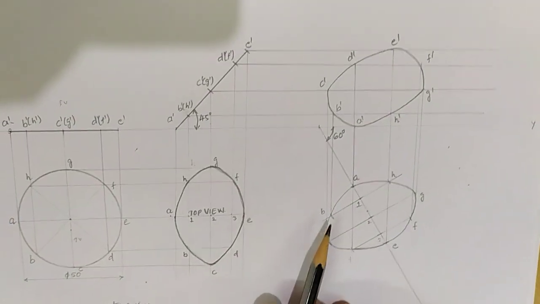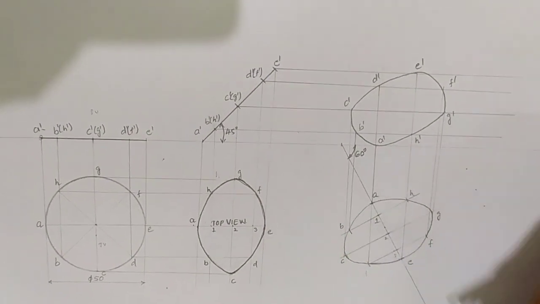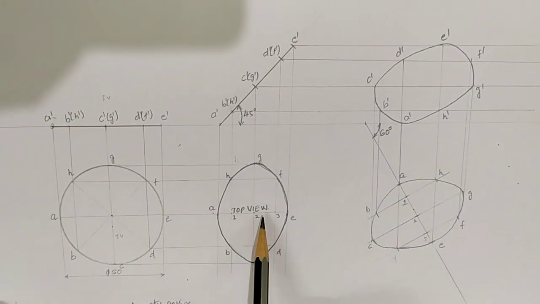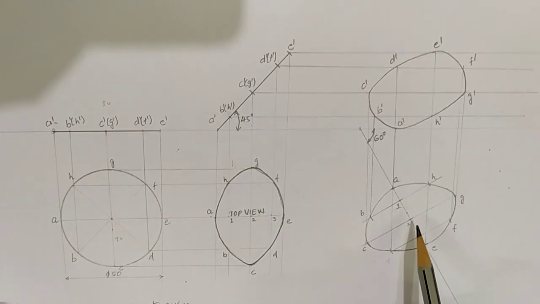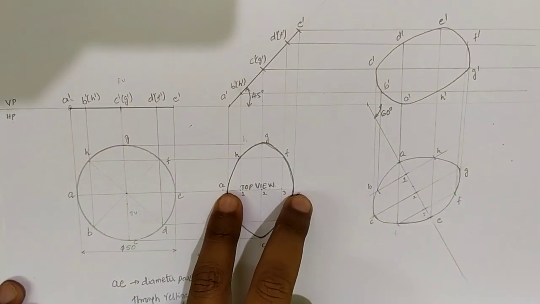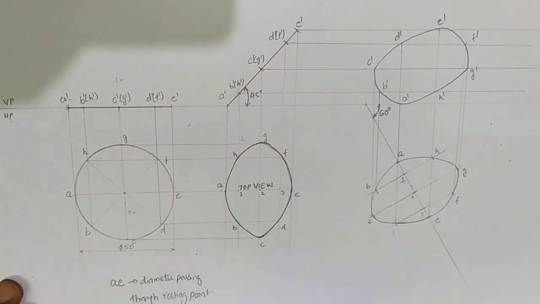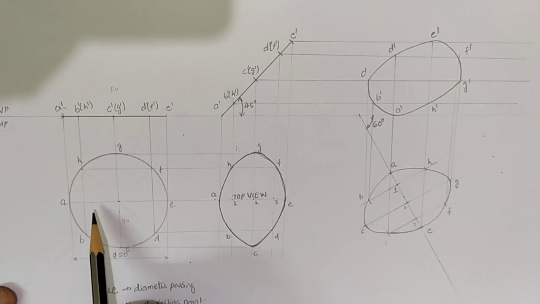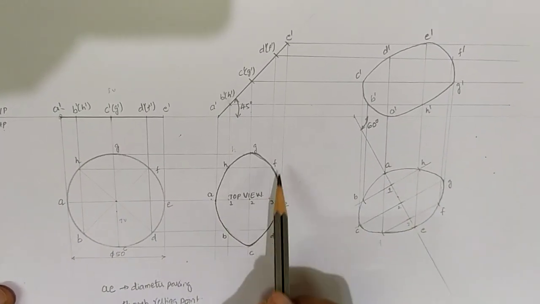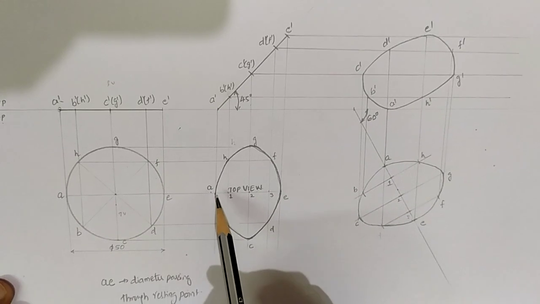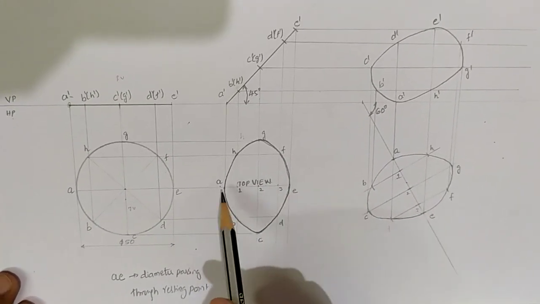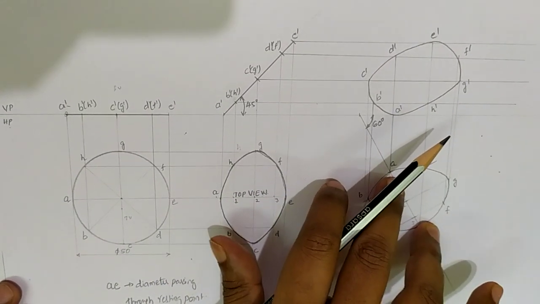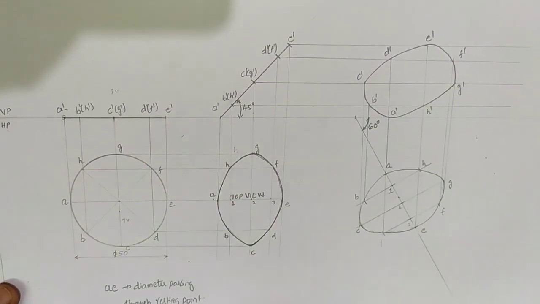Okay, so now this completes the solution for problem number 46. So here we will not get any beta angle because the top view is inclined to VP at an angle of 6 degrees since he is talking about the top view. So I have redrawn this figure directly on this 6 degree line because if he says about first position we would have taken it as a locus problem, but we need to redraw second position figure itself, and he is talking about the same figure itself. He is asking us to incline the same top view itself to an angle of 6 degrees with respect to VP. Hence it is not a beta angle problem.